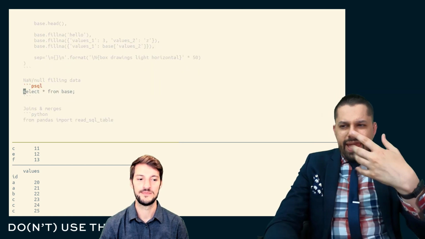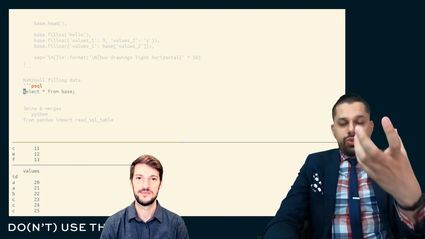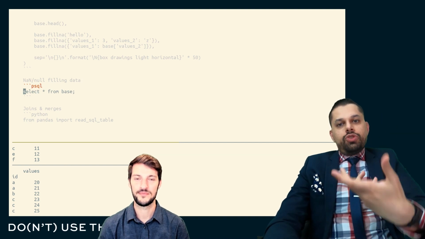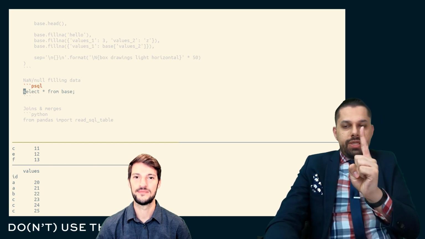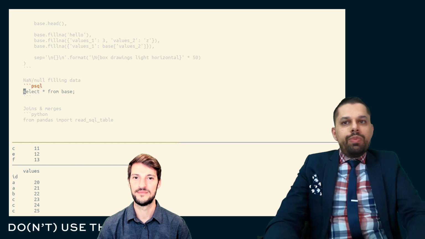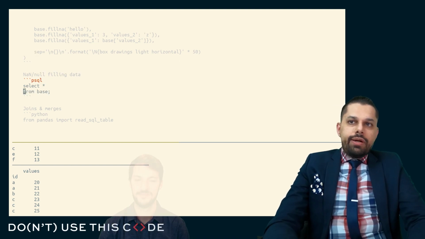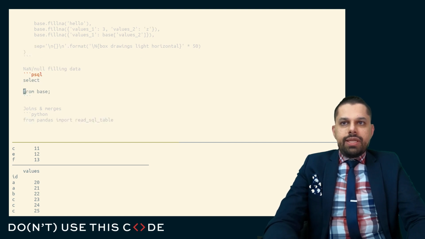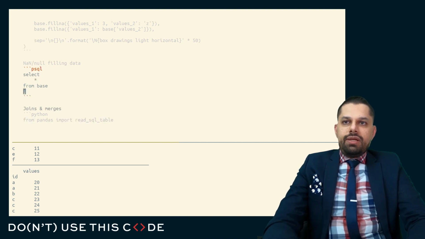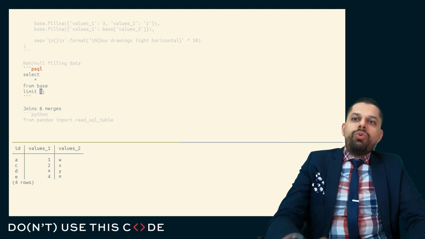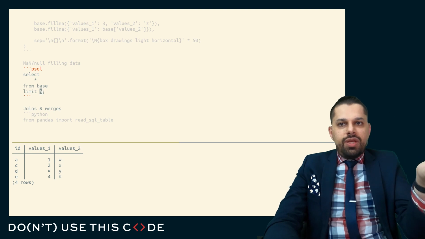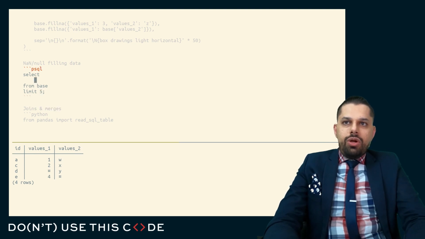Remember, the core mechanic of SQL is operating on individual tuples and on sets of those tuples, and transforming sets of those tuples. Anything that you can do looking at just one tuple at a time is as easy as it would be in pandas. So here, let's quickly take a look at what we have in our data set. We've got a couple of NaNs there. They print out really nicely on our screen. We want the NaNs for values 1 to just take the thing from values 2. And so here, we could do a coalesce. We could say coalesce values 1, values 2 for each ID